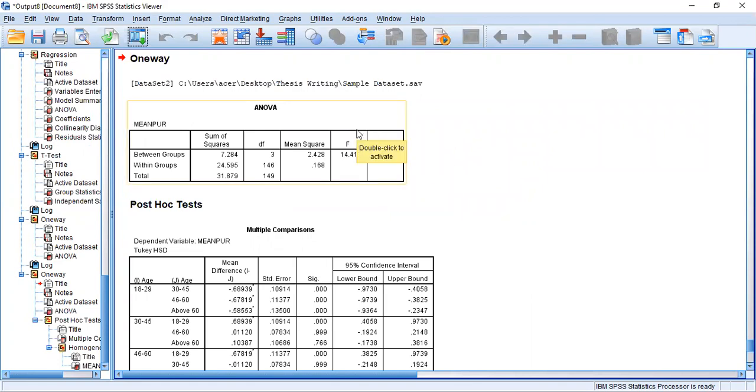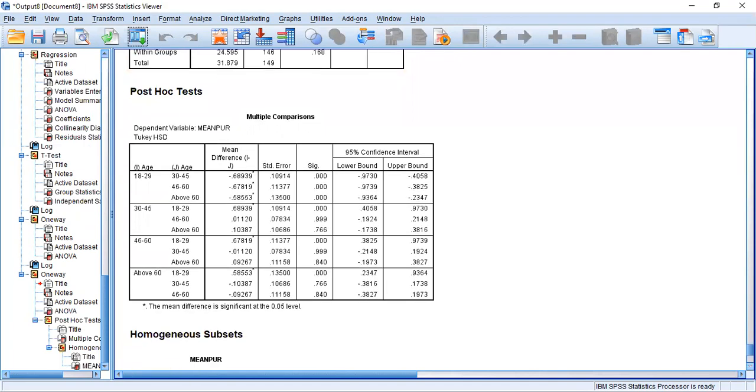Now you can see the previous ANOVA table appear again. Now our attention goes to this post hoc test table. In here you can see they make some comparisons. Now I have four types of age groups: 18 to 29, 30 to 45, 46 to 60 and above 60.